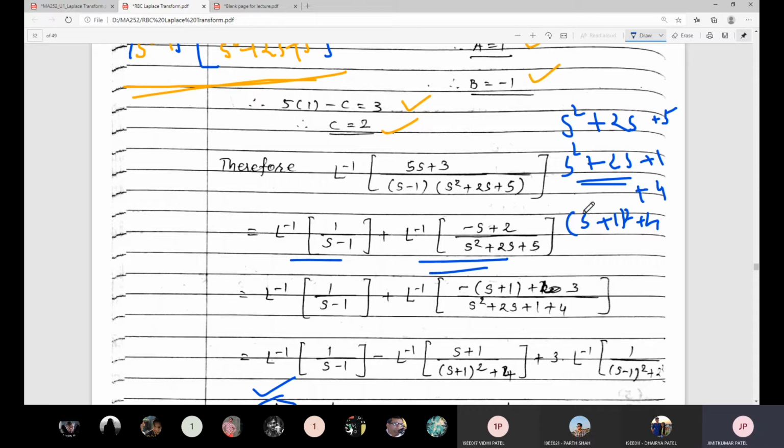So the first factor will be s plus 1. So I arrange minus s plus 2 in terms of s plus 1. So I write minus s plus 1. What do we get? Minus s is there, minus 1 is extra. So I have subtracted 1, so I compulsorily add it back. So plus 1 is also there. So 2 plus 1, that means 3. So the rearrangement of minus s plus 2 is minus s plus 1 plus 3.